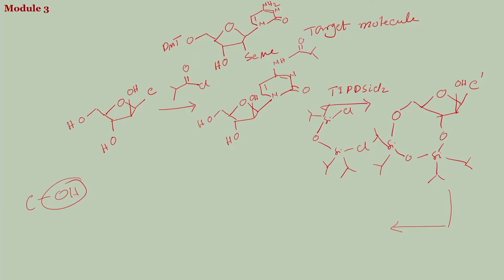So, either you have to use a very strong acid which will make problems here, or you have to find other ways to make this OH a better leaving group, and that is done here actually, that this OH was made into a better leaving group by OTf. So, if you use CF3SO2Cl, this is in short called OTf, triflate, because CF3 has electron withdrawing capacity. Here also they are electron withdrawing in nature,